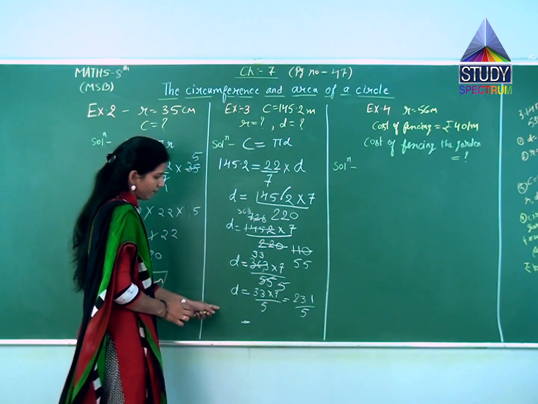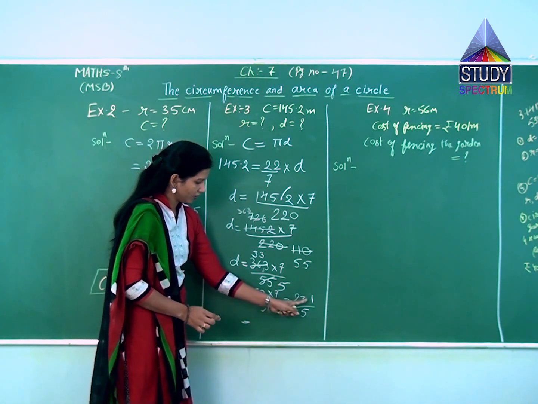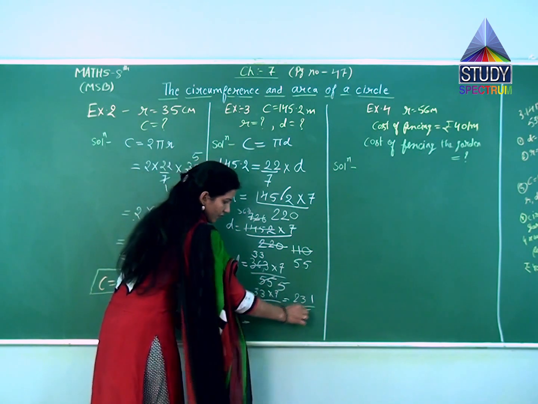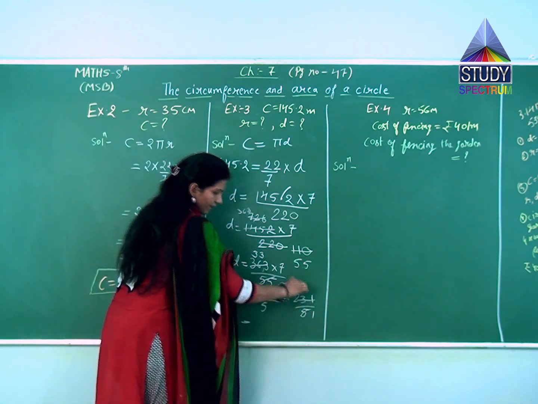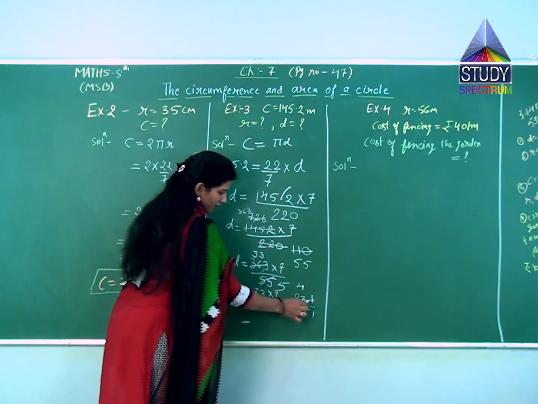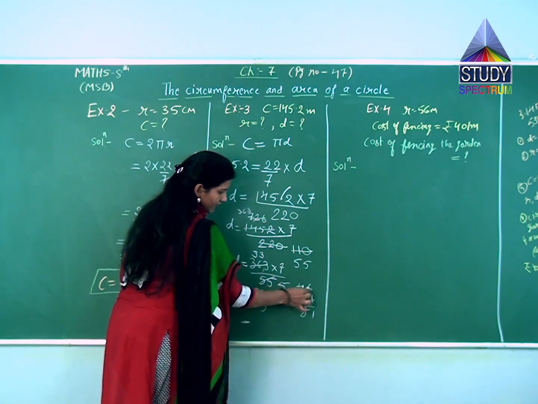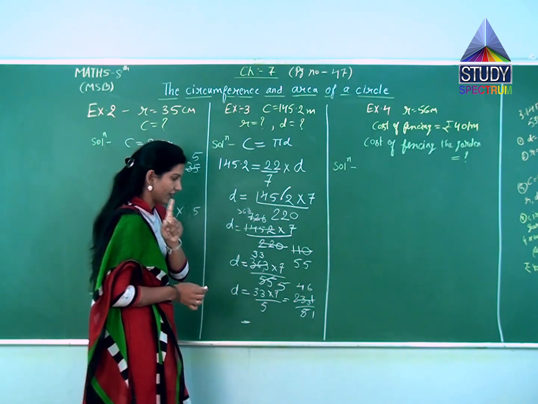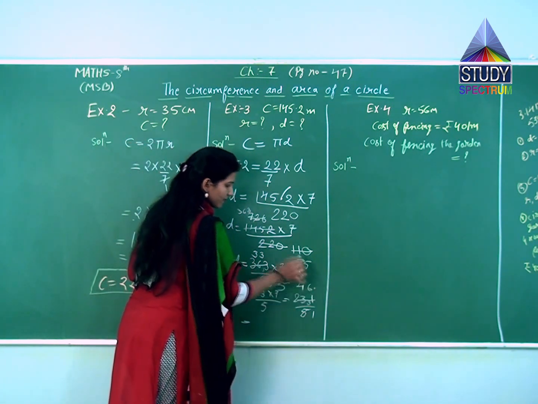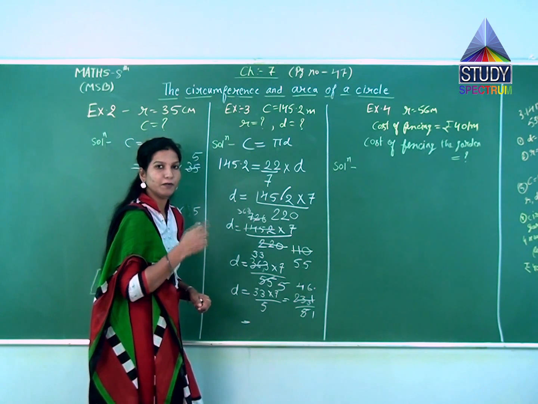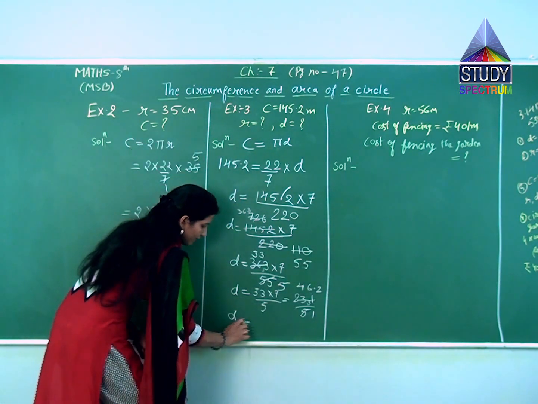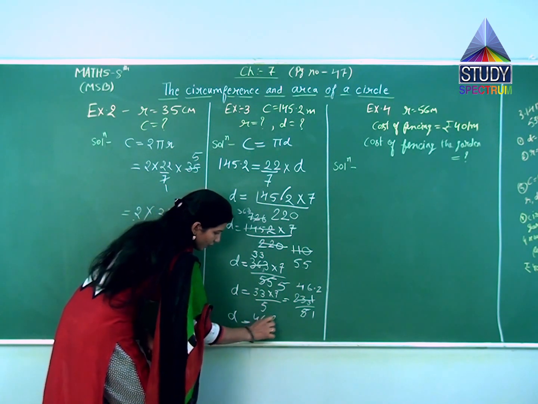Now we have to divide this 231 by 5. 5 ones are 5, 5 fours are 20, 3 remainder. 5 sixes are 30, 1 remainder. But 1 cannot be divided by 5, so we will place a decimal here, and the 1 will become 10, and 5 twos are 10. So our diameter is 46.2